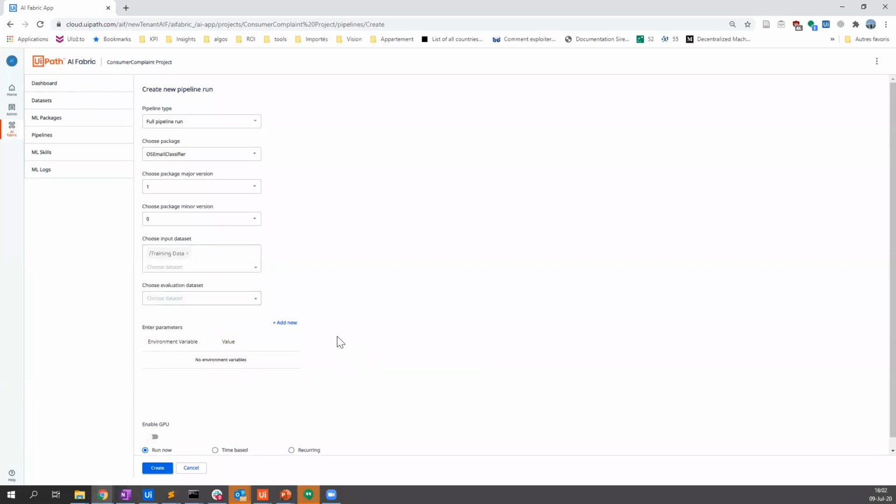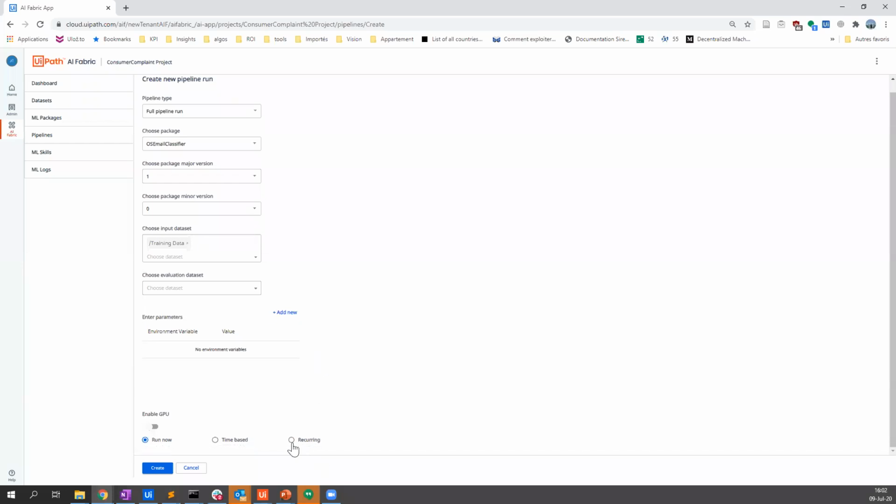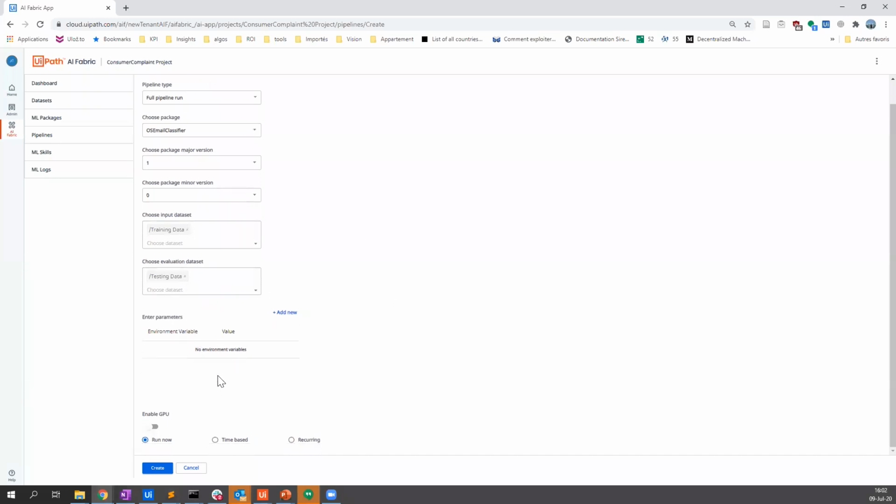But the idea is you will just keep running this process for some time. So you will accumulate some data, and maybe once a week or once a month, you can even have a recurring pipeline if you want, that will start automatically. You can retrain your model and just keep it updated with new data and keep it better because you get new data. You can choose an evaluation data set which is different or not. We can come back to this later, but it's a bit technical point. Let's just start the model now.